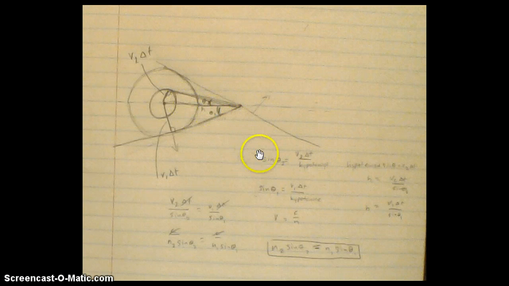And then sine of theta 2 is equal to v2 times change in t over this hypotenuse, which is the same hypotenuse, and sine theta 1 is this one over this hypotenuse. So then solving for the hypotenuse yields v2 change in t over sine theta 2 equals v1 change in t over sine theta 1. And then cancel the t's, and then substitute v is equal to c over the index of refraction. So you have index of refraction 1 and 2 times sine theta 2, sine theta 1,